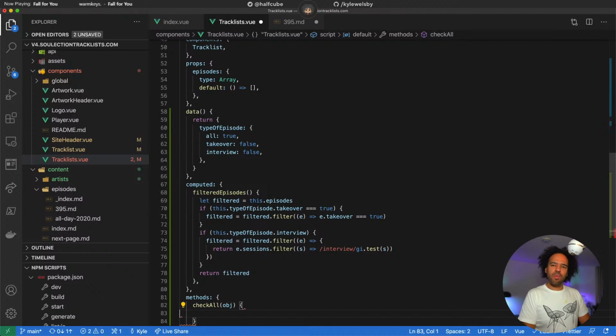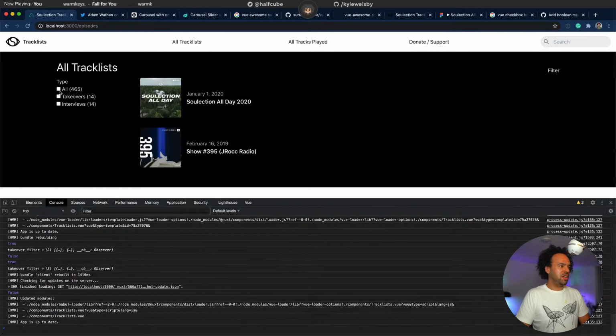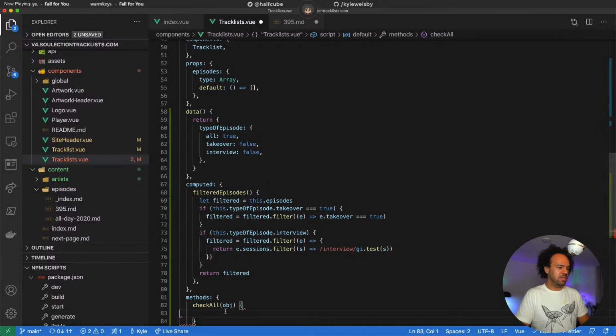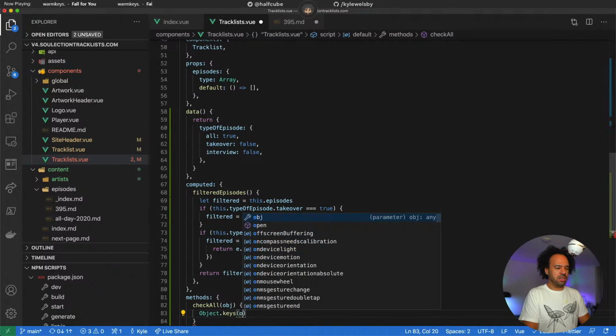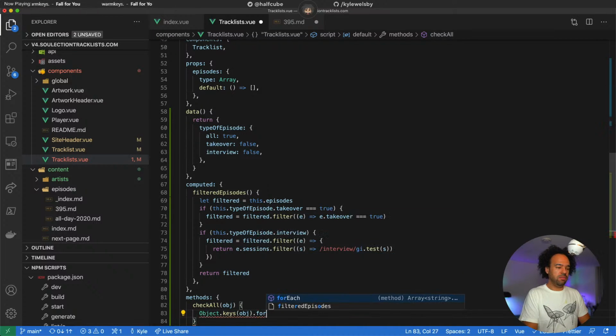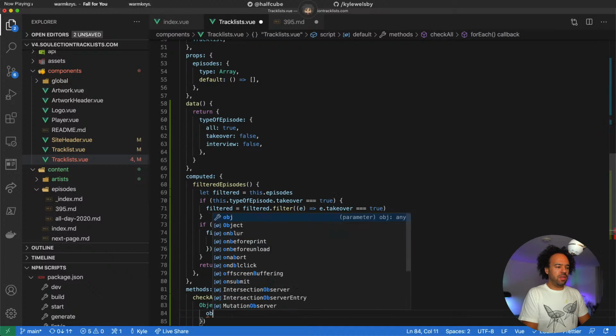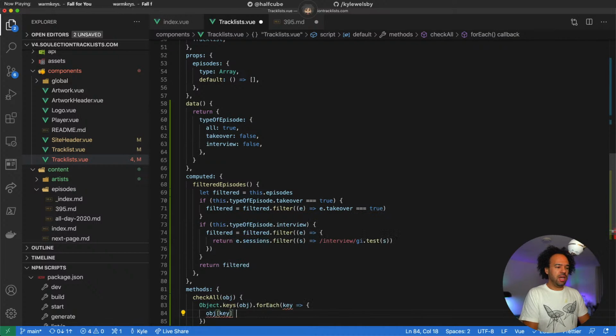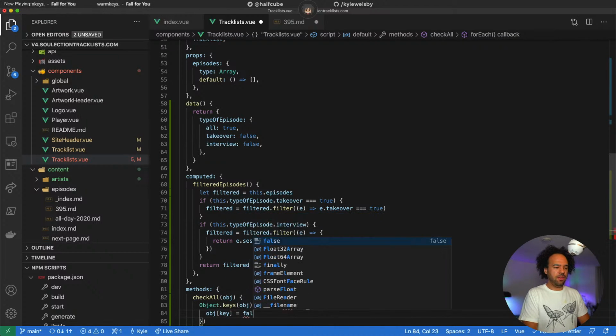Yeah, it's going to be a one-way action, because I don't think if I check all, it should stay checked as a one-way action. And then for object keys, for each of them, which is the key, we want to go over the object key and then set it as false.